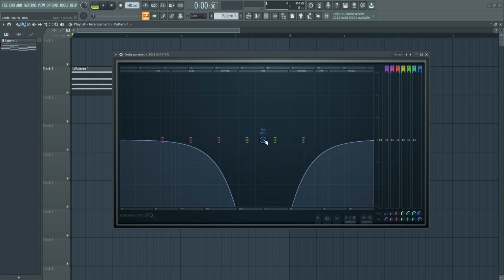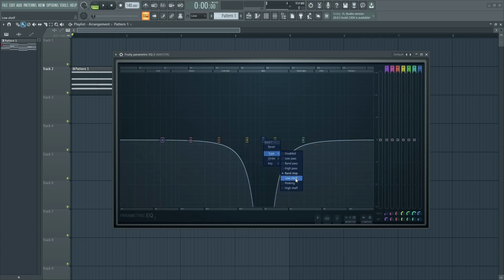So I'll next go to the band stop. Now what band stop is, it is exactly the opposite of band pass. So band pass was allowing only a certain bandwidth of frequency to pass. Now what band stop will do is, it will cut a certain bandwidth within the frequency spectrum, and it will allow the rest of the frequencies to go out. So you can change the bandwidth by using your scroll wheel, and again you can change the steepness by changing the order.